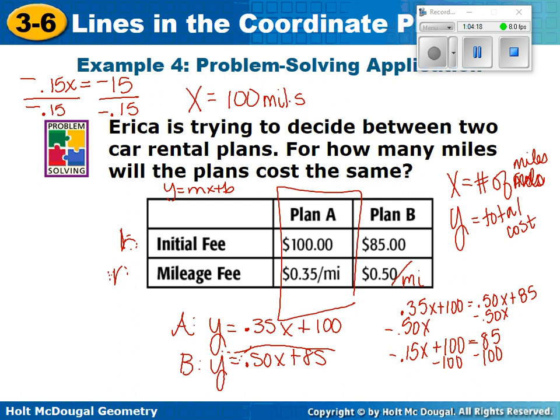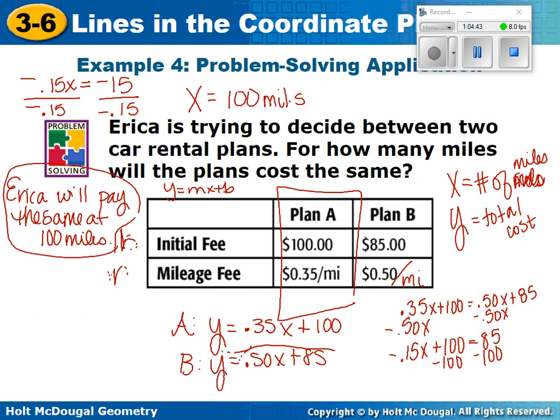So we would say in a sentence, for how many miles will the plans cost the same? Eric will pay the same at 100 miles. Or you could just say the plans will cost the same at 100 miles. Questions? All right, that was a lot today, but hopefully